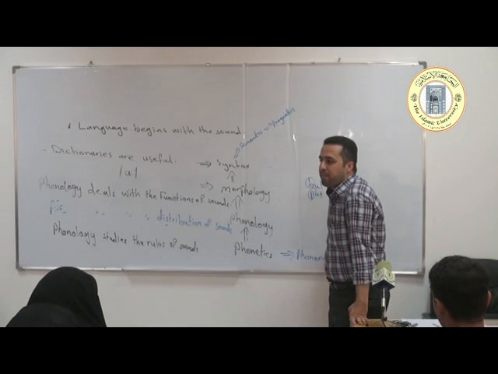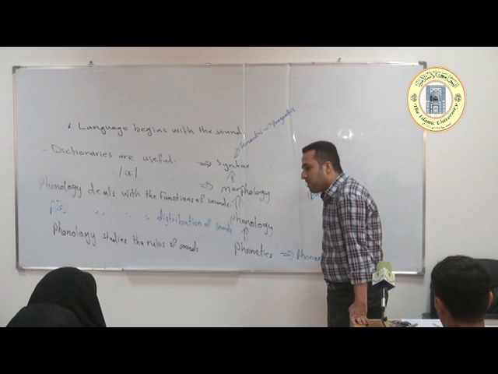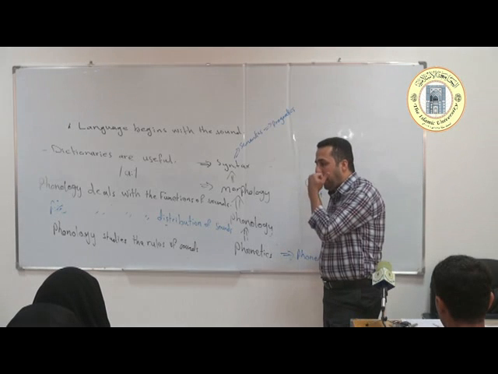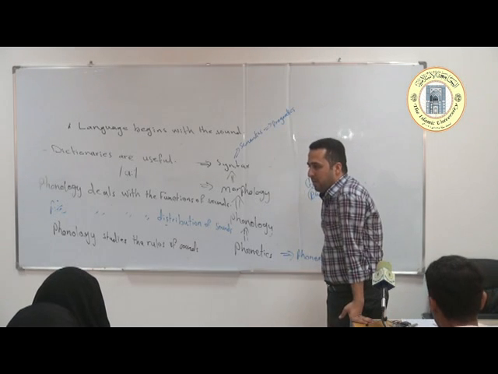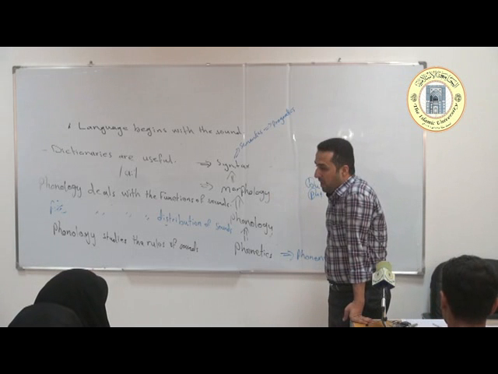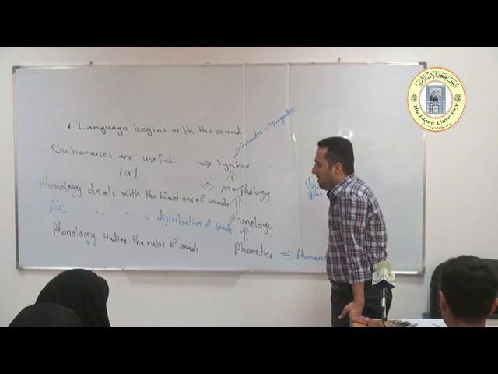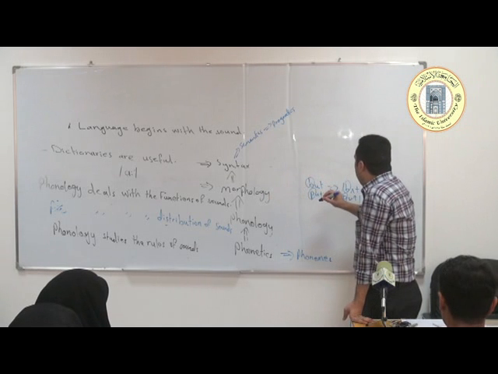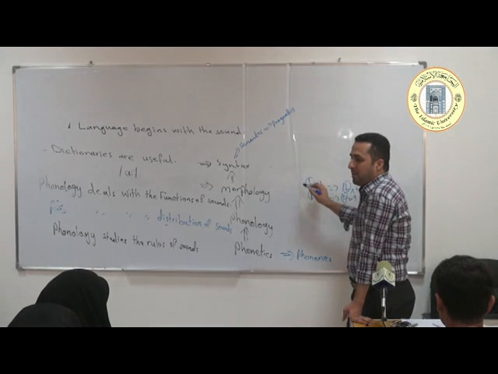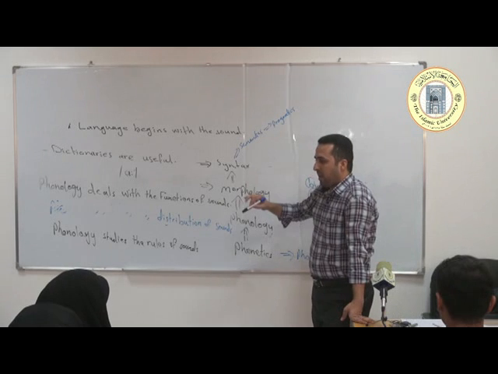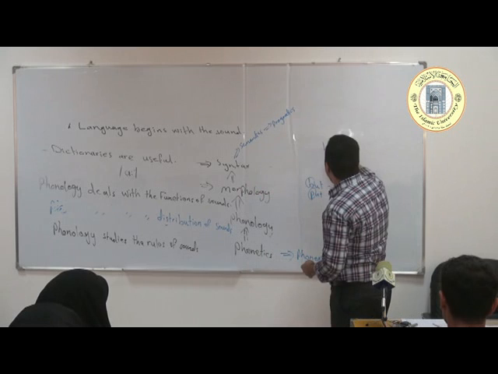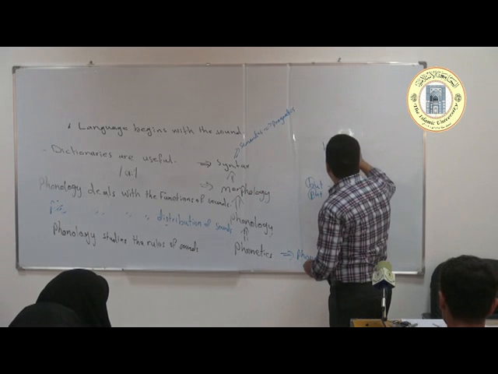And we have in English, how many phonemes do we have? 24, right? 24 consonant phonemes and 20 vowels, right? Okay? And they are phonemes, not sounds. This is certain. By the way, not all the phonemes are the same as sounds. Like what, for example? Take this example: hell, whole,